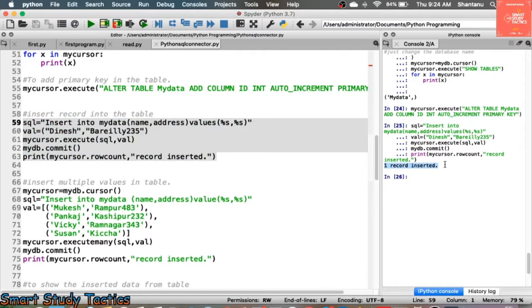So my dear students, as you can see, this row is executed. One record inserted, because I use rowcount, and a record inserted is this. Okay, so I think this is clear to everyone. So now let's see how the value is going to appear when I insert it. Let's see in the terminal.